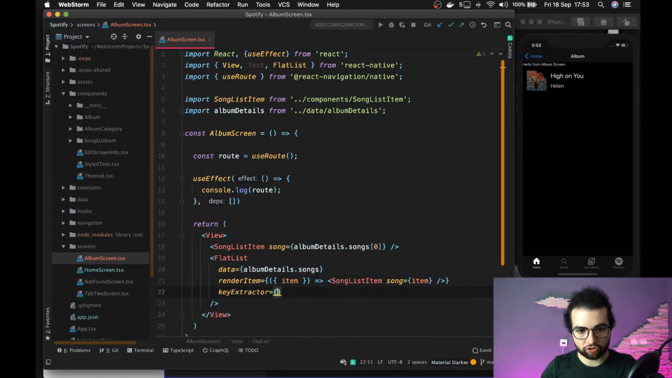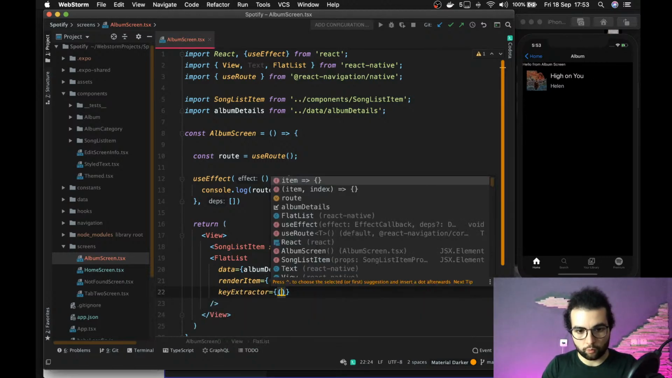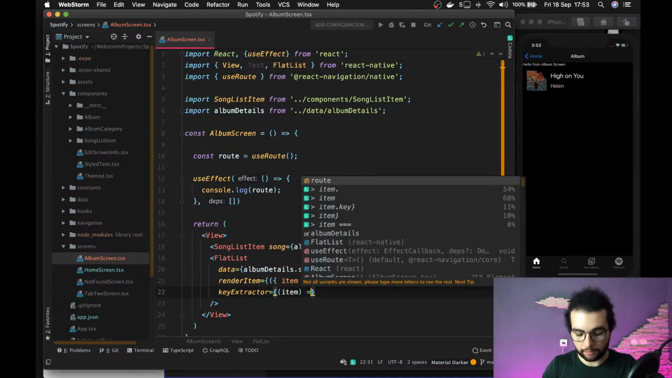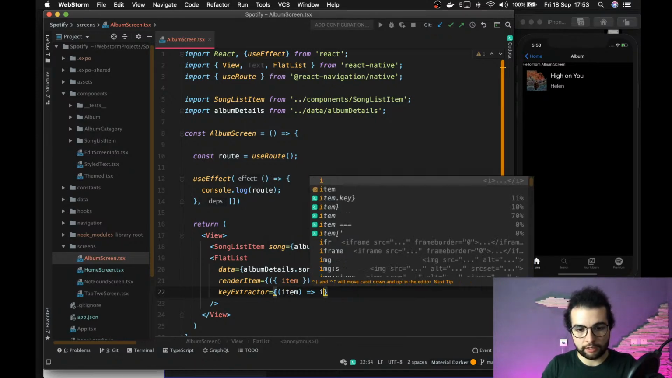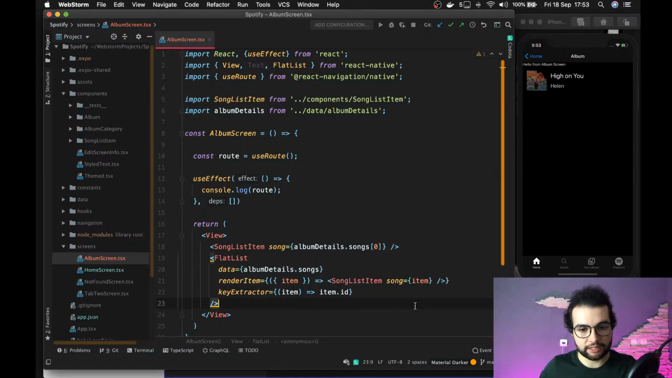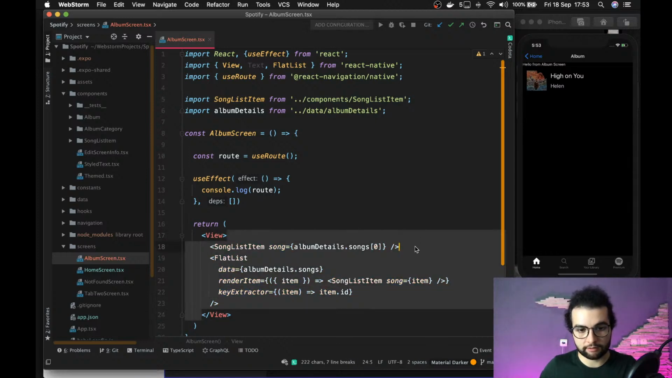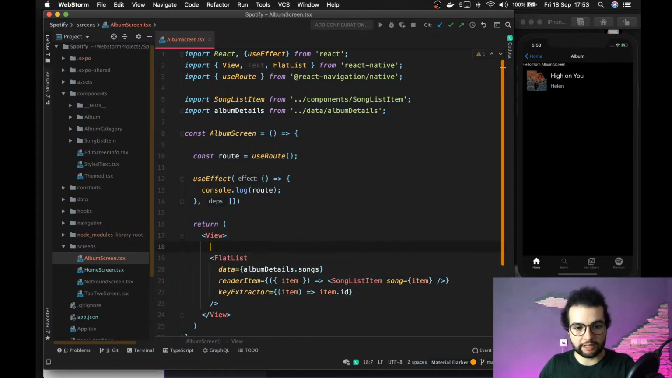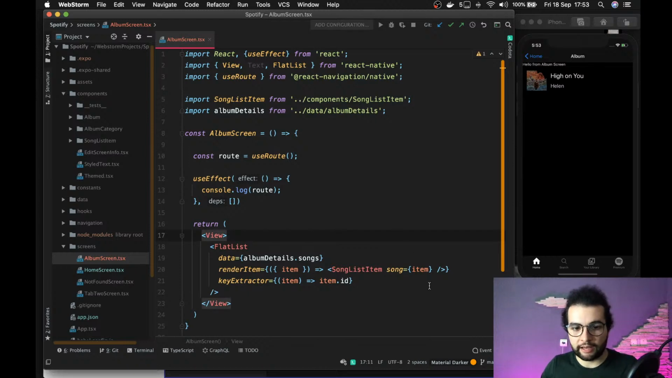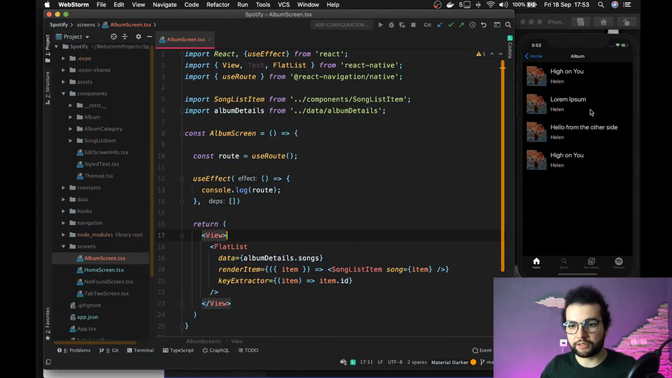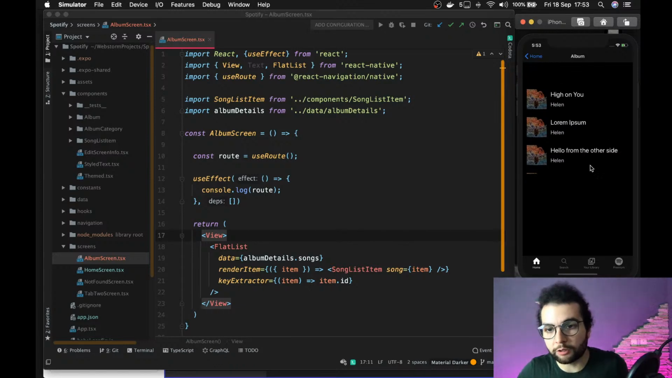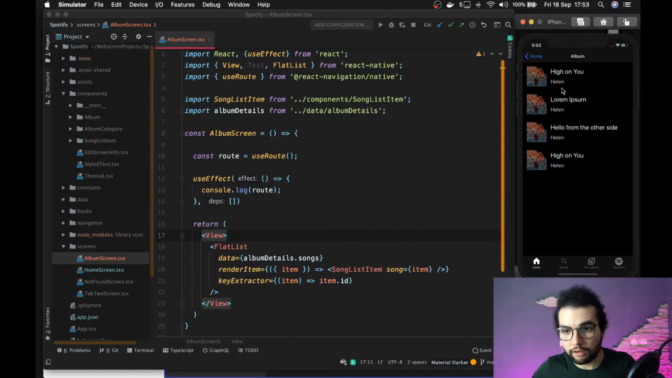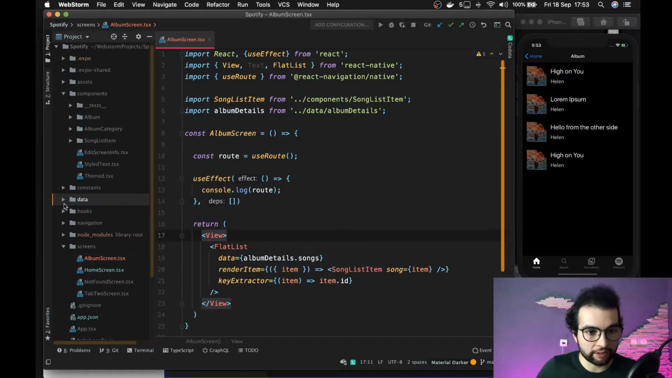Yeah, key extractor will be item.id. This is the ID of each song, and most probably that's it. Let's also remove this song list item from here and save. And now we should see a list of multiple songs, all the songs that we defined in our data